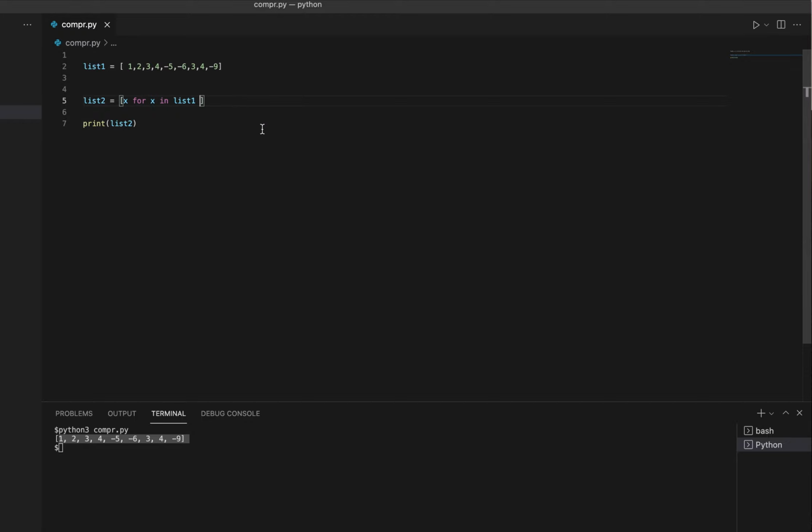It's understandable. And just to form list 2 out of elements which are less than 0, all we need to do is just say if x less than 0, and that's it. Yeah, as you can see, we did it in one line. We could even do, if we want to just print, we can just